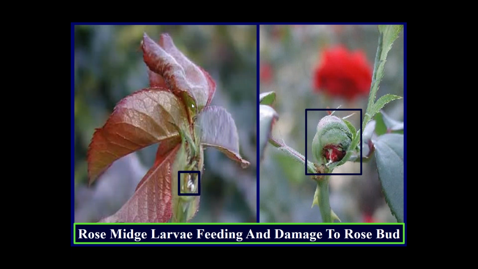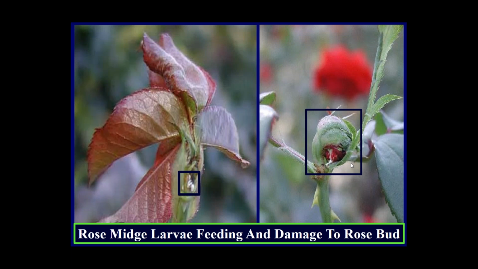And so here on the left, this is the larva feeding, and they're basically using their sickle-shaped mandibles to lacerate the tissue. And then what happens is the rosebud folds over and it does not open. Okay. Now, I do recommend when you see the buds on the right, you open them up and you look under a microscope to verify that the rose midge was responsible,